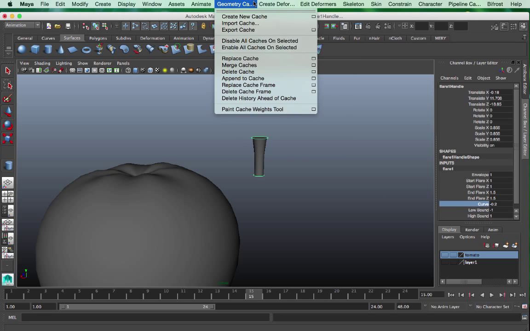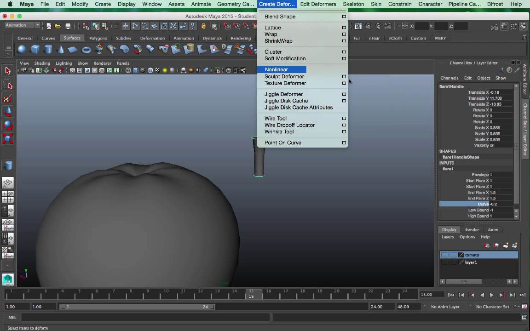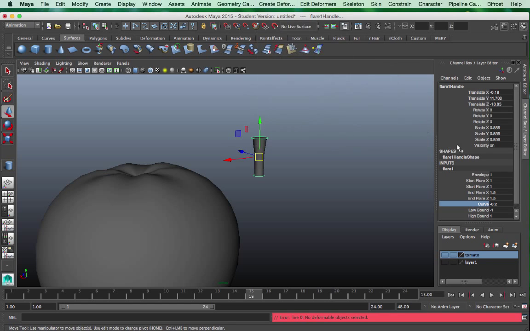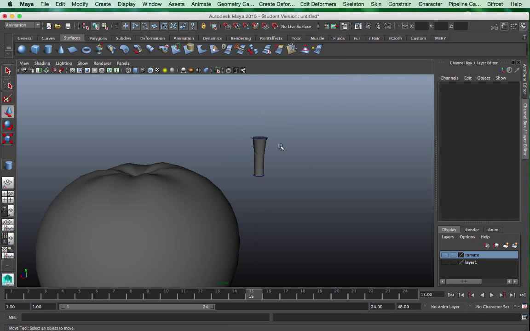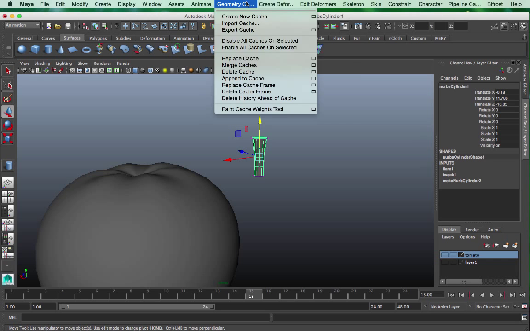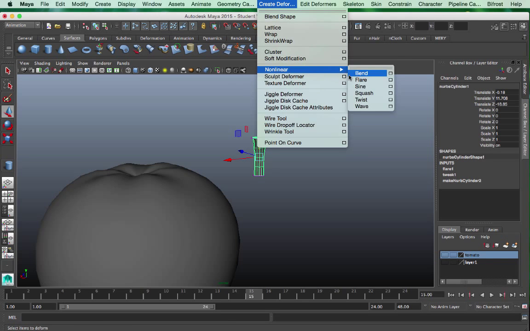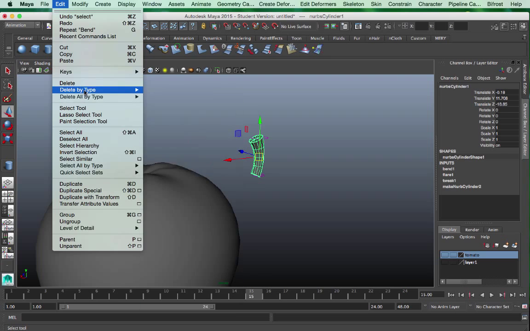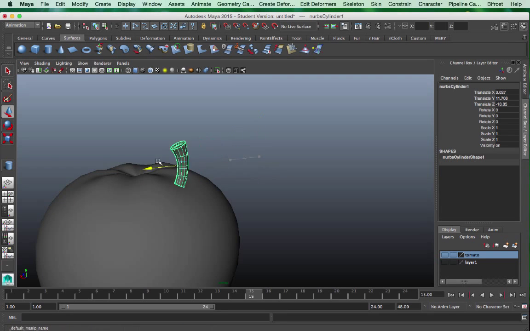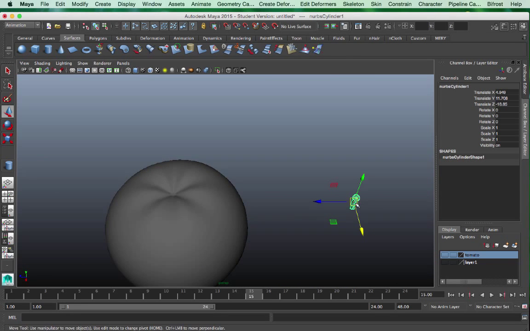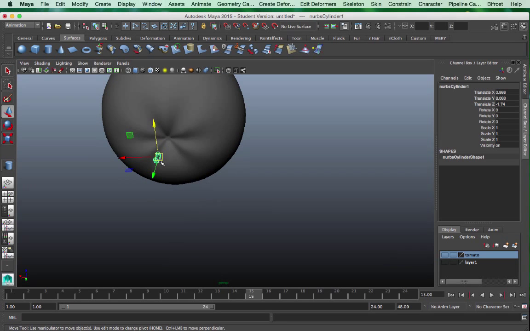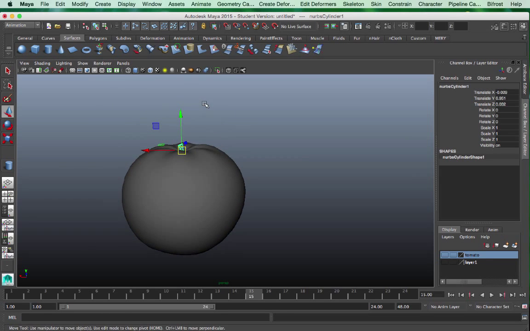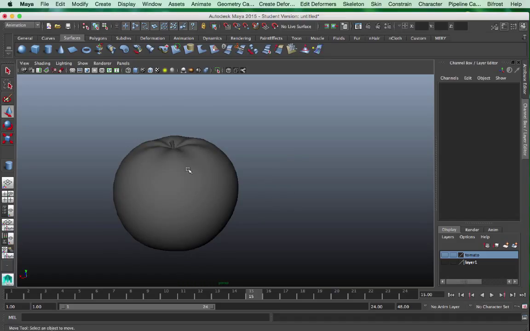I can also use a deformer called Bend. Make sure we're selecting the whole object, of course. Use the curvature to bend it. Now there's a cute, interesting shape in very few steps, and we just need to position it in place. I'm using this orange to give you an example, but this kind of looks more like an apple stem.